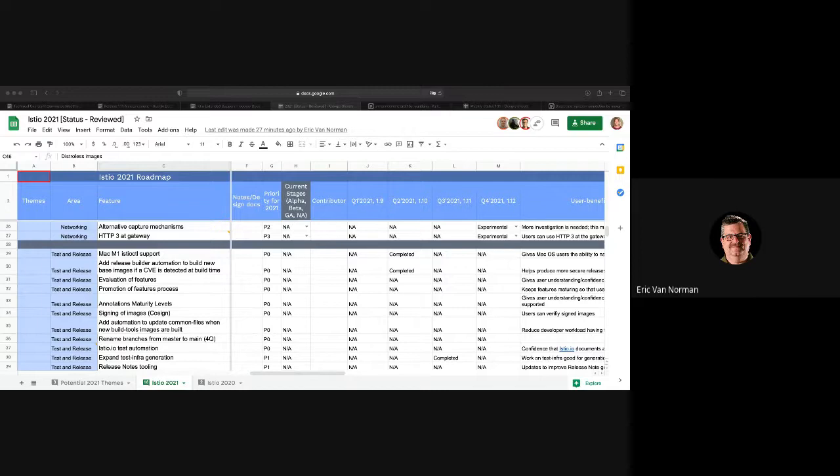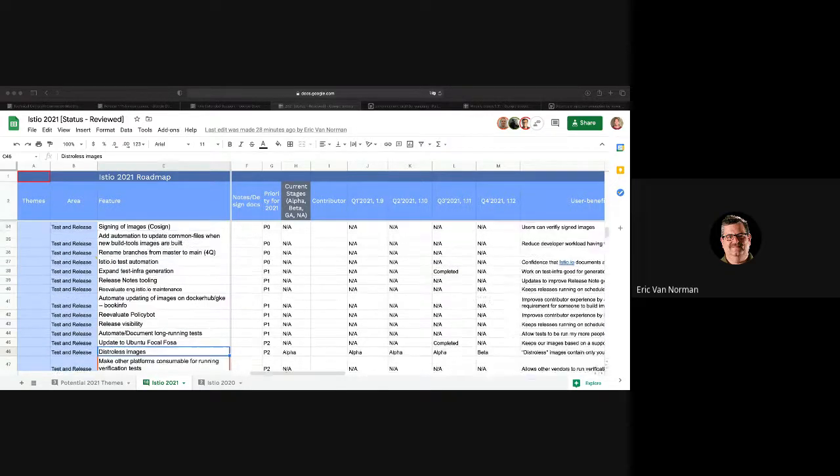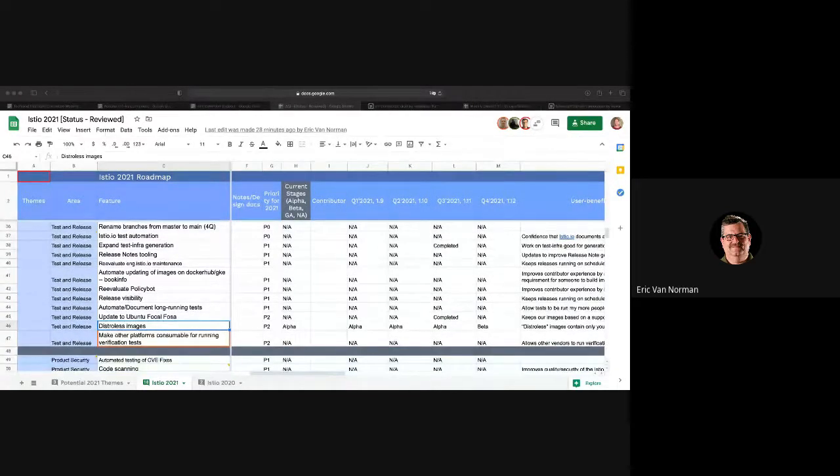So I guess we don't really have a good way in here to say this is the priorities for this release. But I do agree that the distro list probably shouldn't be a P2. It was sort of a P2 at the beginning of the year in terms of prioritizing things. And it probably really shouldn't be. So it's probably a drawback in using this document for showing priority within a given release.